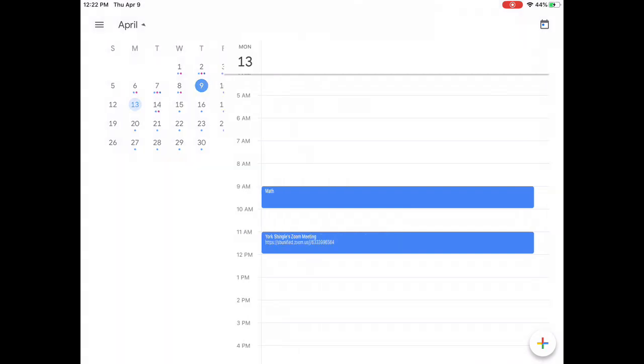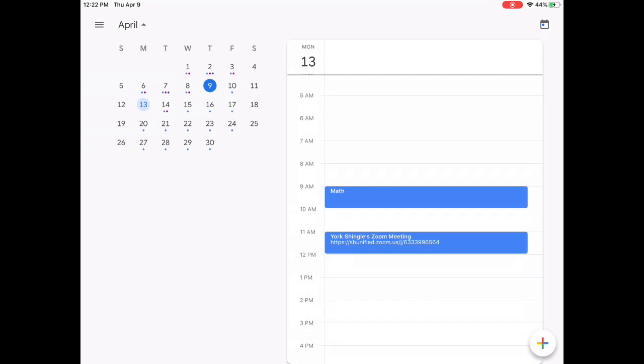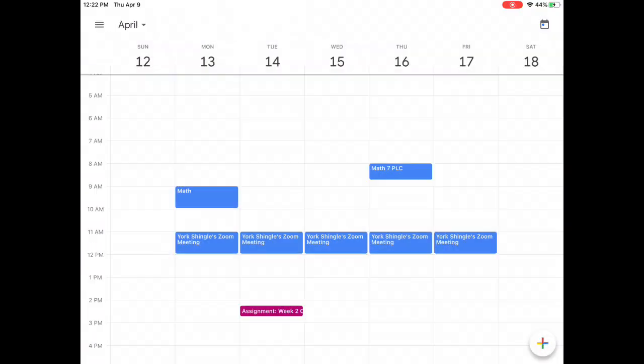But this is a way to structure my day, to keep some structure and organization that will help me just stay organized. I know if I'm working on math this time, if I don't get it done, I better set up another time before Tuesday afternoon. Oops, I wanted to go to week. Okay, so this is a good way to try to keep track of any assignments that are popping up in your Google Classroom. If your assignments are in Neo, you could always add them.